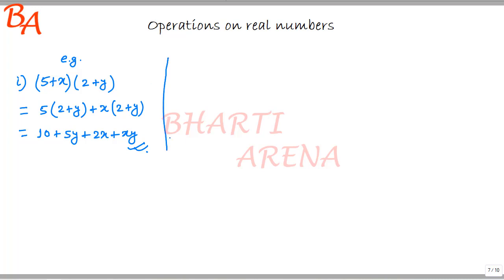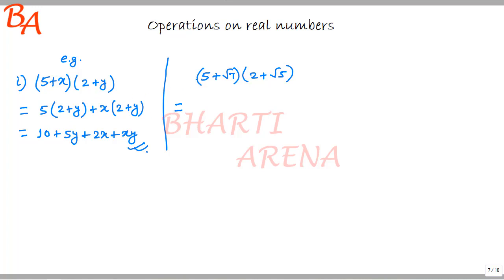In the same fashion, these real numbers can be calculated. So take an example here, (5 plus root 7) whole into (2 plus root 5). So it just looks like this one. So what we have to do here, that these root 7 or root 5 or the irrational numbers are taken as the variables there, and the rational numbers are treated as we have treated here, the multiplication and the additions, in the same fashion as in the algebraic expression.